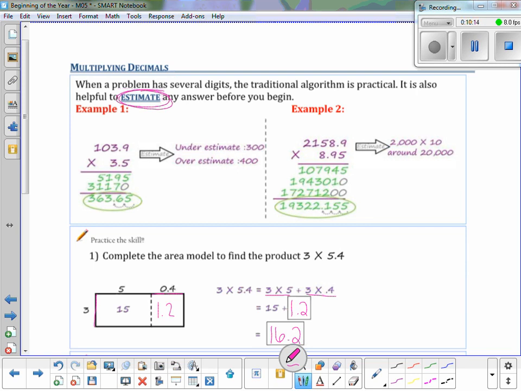You should always estimate before you get started. Remember how we did that on the previous page with 6 and 5/10 times 2? So we think about not only how we would move our decimal point, but also what would be a good solid answer. What answer would make the most sense in that situation? Okay? So what I'm going to ask you guys to do